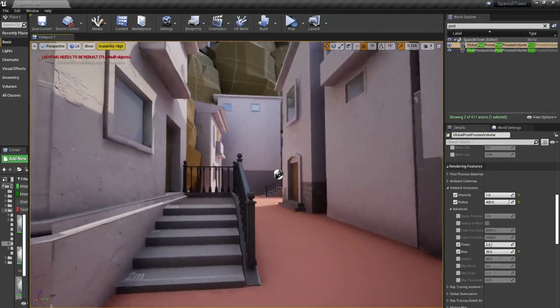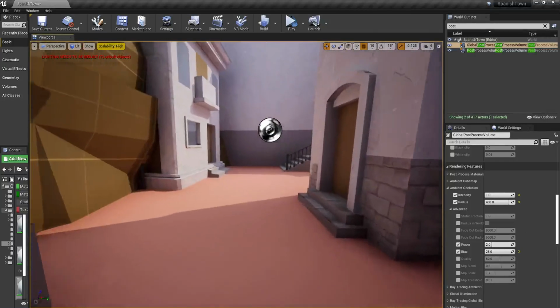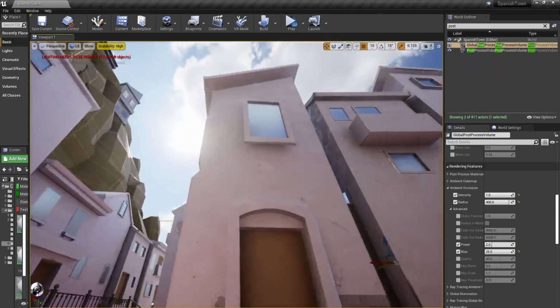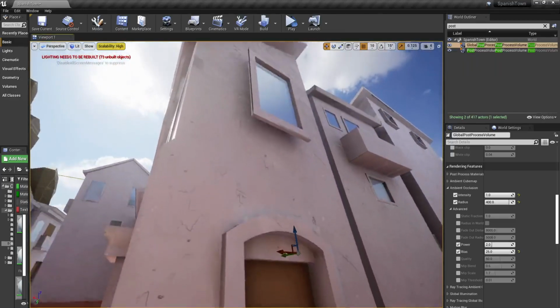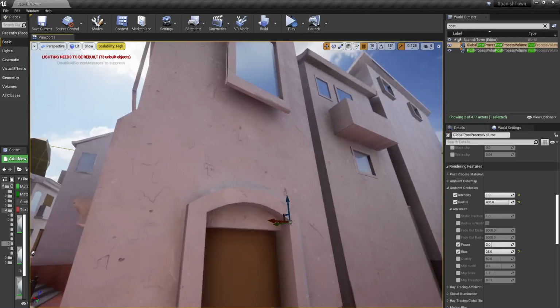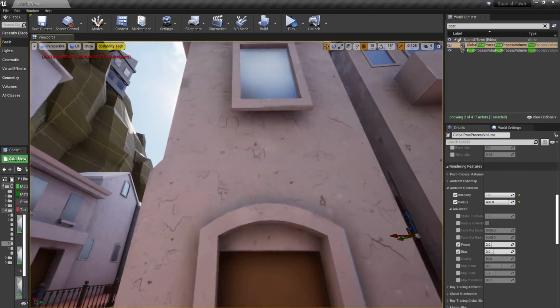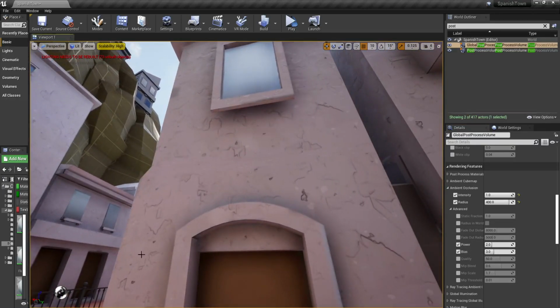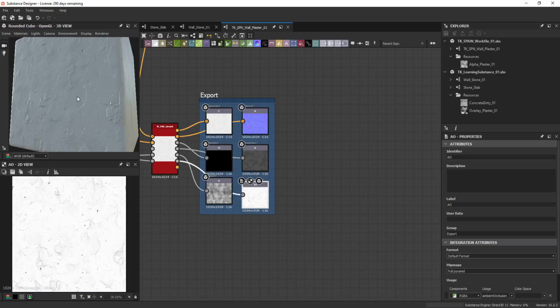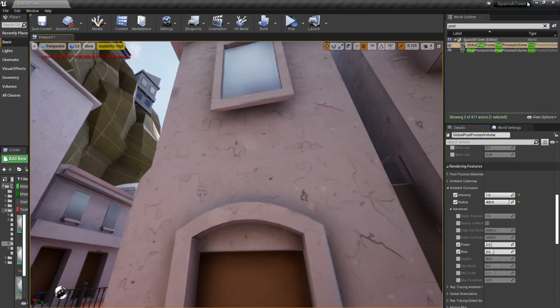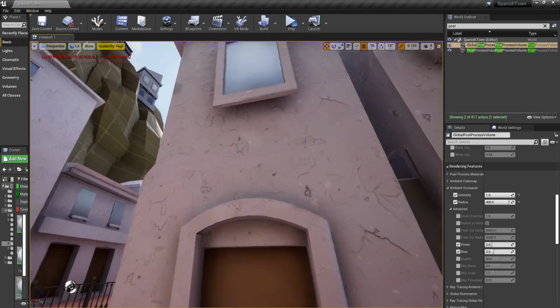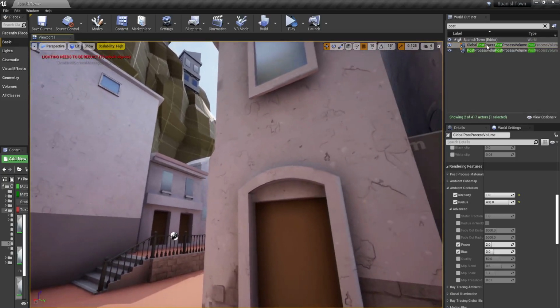So I just had a problem with my AO that I fixed. When I was working on this texture here, this AO was looking too sharp, like this. At first I thought it was my AO from Substance, but it turns out that it was the screen space AO. So if you go to the global post-process volume and scroll down to ambient occlusion,